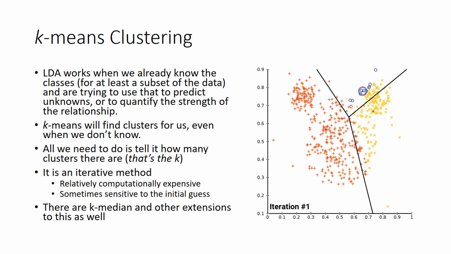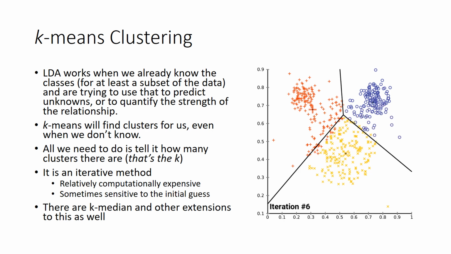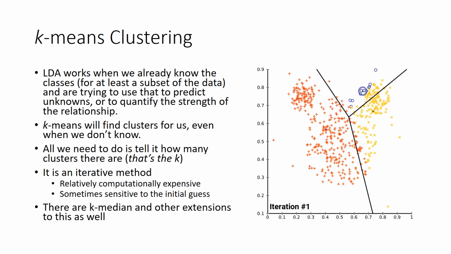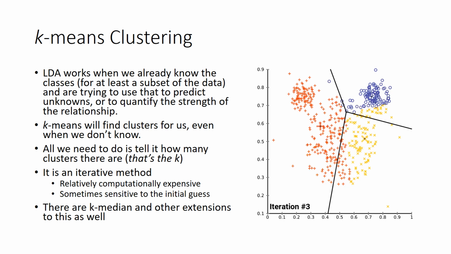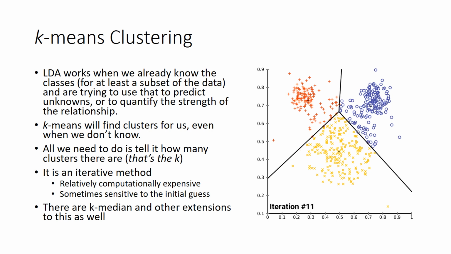That's essentially the goal. So the way that k-means clustering works, the k just says how many clusters you want me to find. So the algorithm is kind of a dumb algorithm in the sense that it doesn't fit itself to the data for the number of categories. You have to tell it how many categories you think there are. And then from there, what it does is it essentially plunks down some